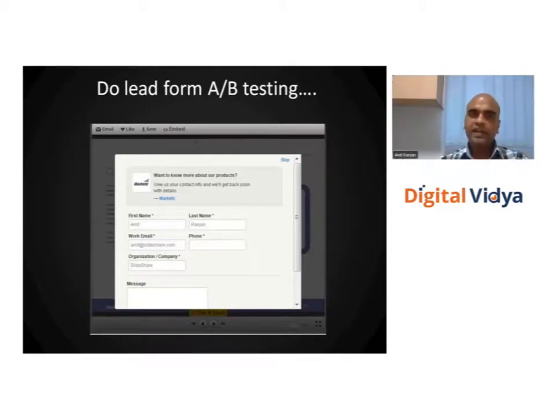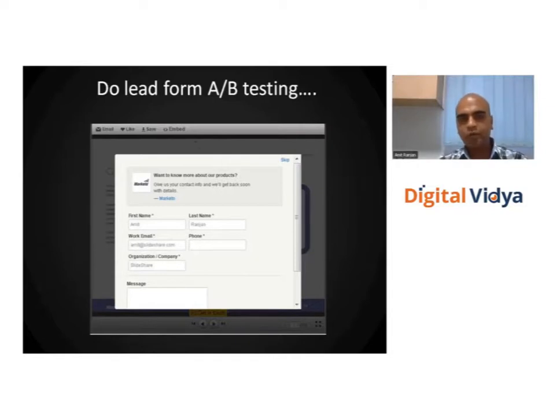So it is possible that content which is far more generic, so let's say your content is about generic social media, and there is so much social media related content on the web and on SlideShare. So it is possible that that kind of content will attract lots of leads, but a lower percentage of those leads would actually be useful to you, because that content is generically useful to everyone. So everybody who is viewing that content is not necessarily a likely customer for your service. So there are these smaller nuances that you will figure out with a little bit of trial and error.